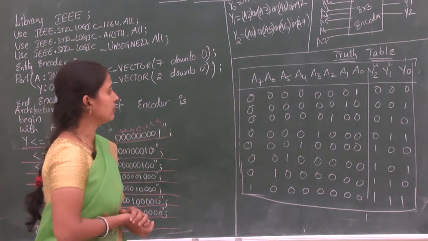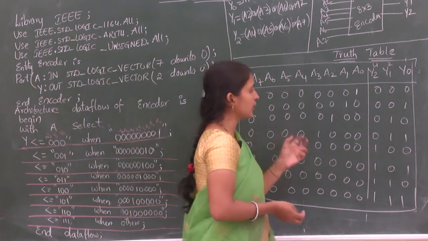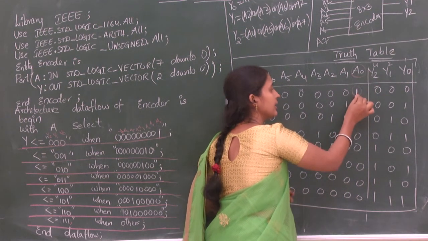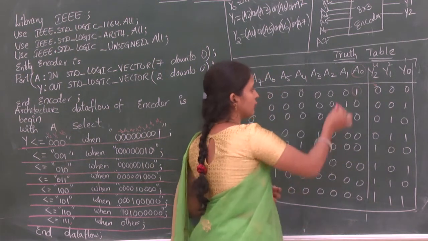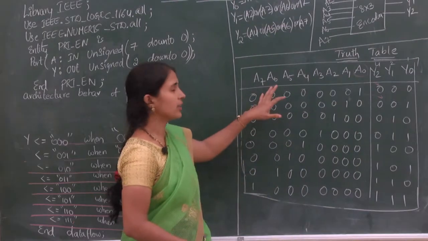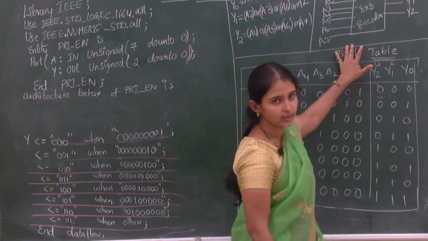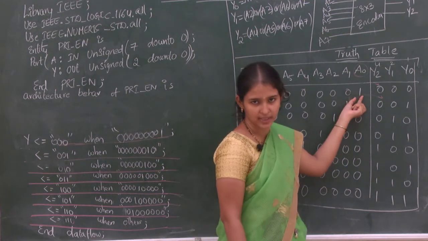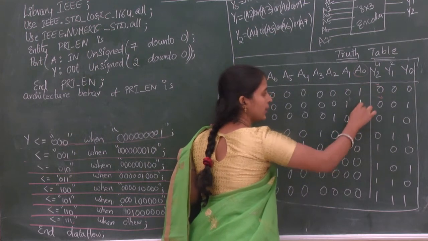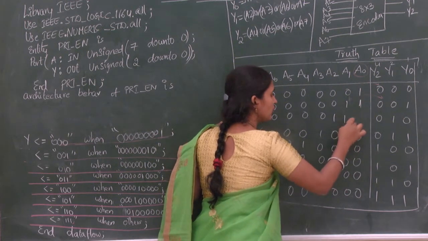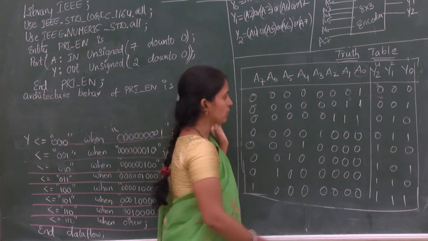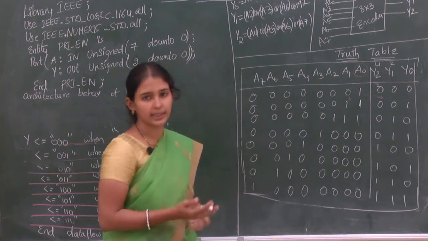Now you might be having a question. Here I have given only a0 is high, then it is converted into its equivalent. If a1 is high, it is converted into its equivalent. Good. We have known about the 8x3 encoder, that means only one input will be high at a time. But suppose two inputs may be high, or three inputs might be high. So what will be our output? Then comes your priority encoder.